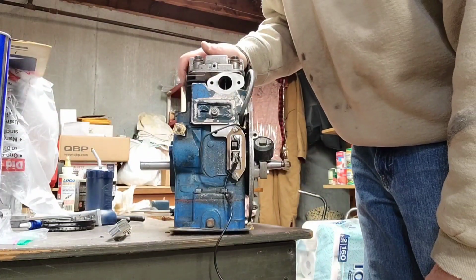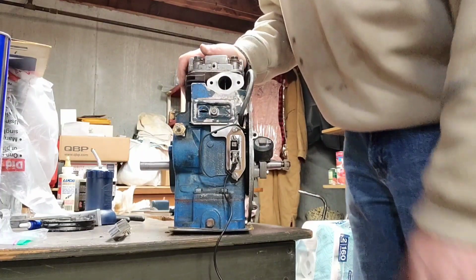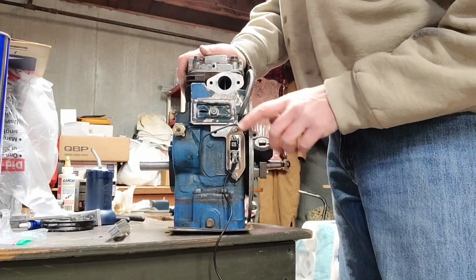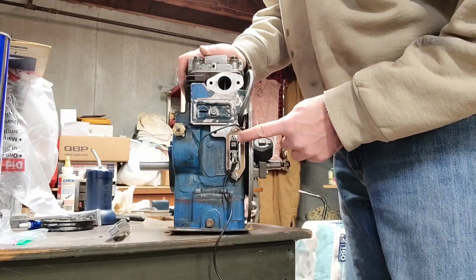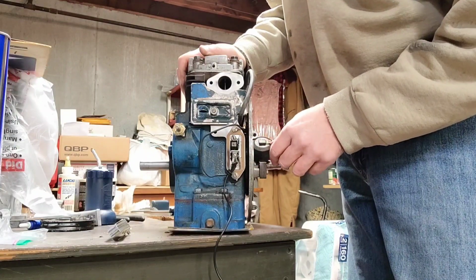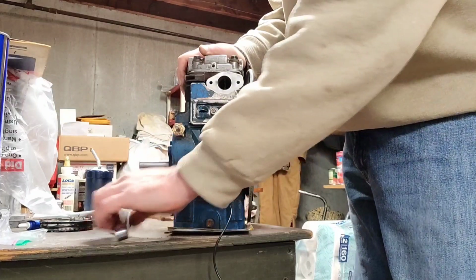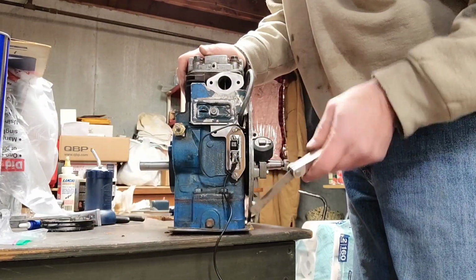Please forgive me for the professional camera angle here, but I have rotated the engine around to the point where the points are open as far as possible. In other words, the little push rod is pushed out as far as it possibly can. We need to set these points to 20 thousandths. So I'm going to get my 20 thousandths feeler gauge,